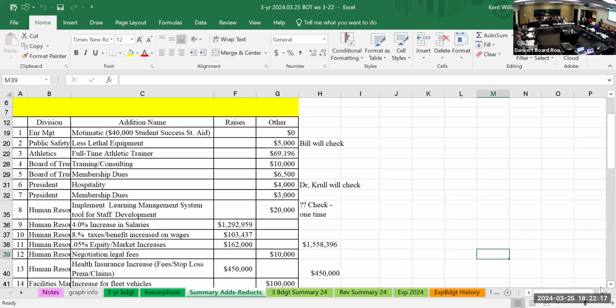Our state aid for next year in the operating grant, you see we put in there a 3.4% decrease. The budget document that came from the governor to the legislature, and what Heather Morgan is telling us to expect, is about a $680,000 decrease in our state aid. So that's what this 3.4% equates to here. And you can see that on the first page when we move over and look at the summary. We do have some state aid that we're anticipating that will help us aside from the tiered and non-tiered